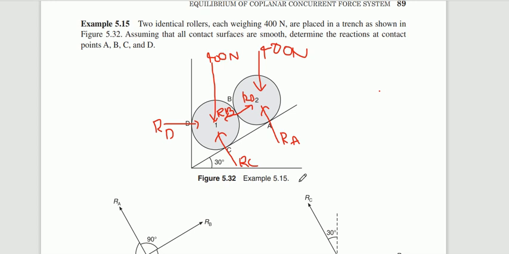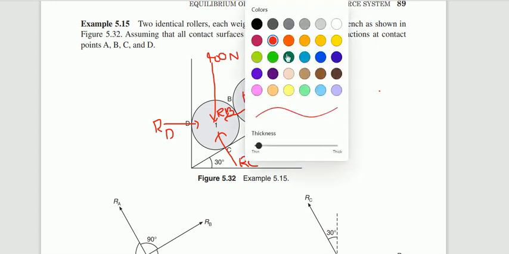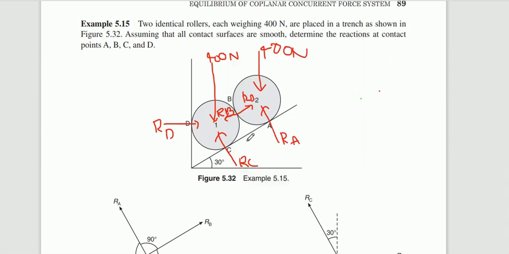Now the thing is drawing the free body diagram. RA and RC are inclined forces here, and RB is also an inclined force. Before drawing the free body diagram, first find the inclinations. We have the theory that any plane which makes an angle theta with respect to the x-axis, or the horizontal axis, has a perpendicular drawn to that plane which makes the same angle theta with respect to the y-axis. That is our condition.